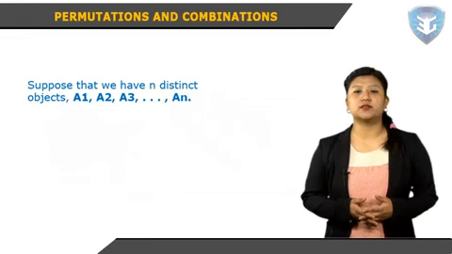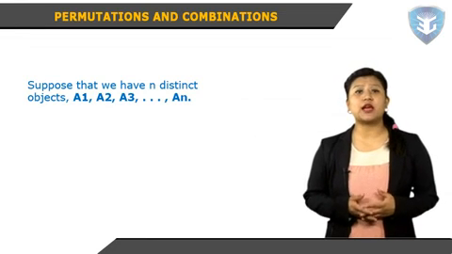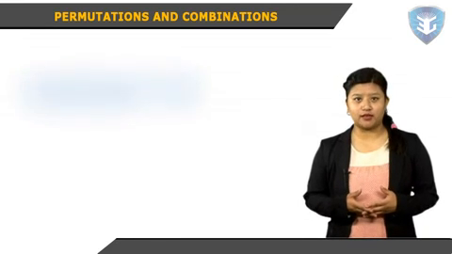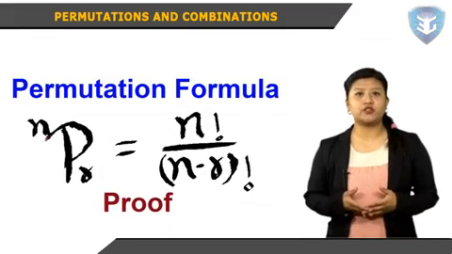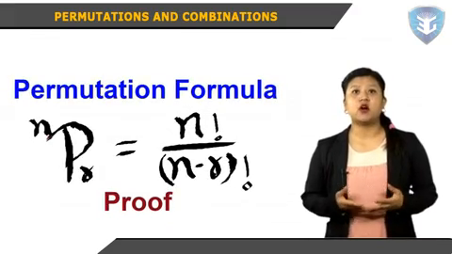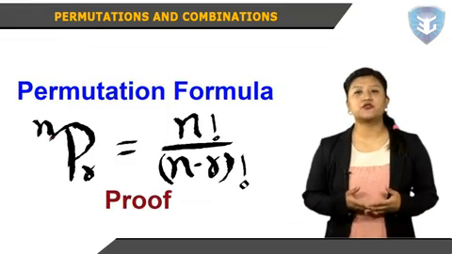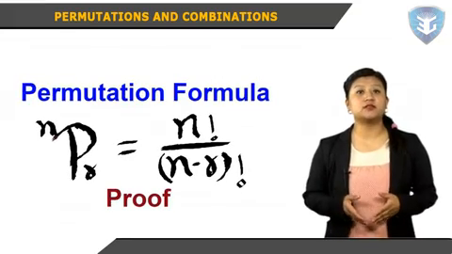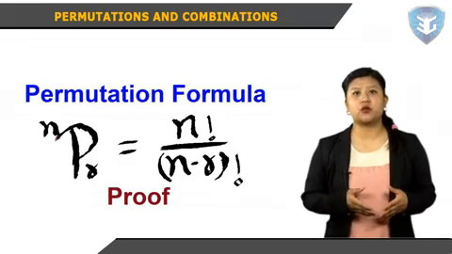Let's start with the concept of permutations and combinations. Suppose that we have n distinct objects a1, a2, a3, and so on till an. The objects might be different fruits such as an apple, a pear, an orange, a banana, and so on. In how many distinct ways can we rearrange our n distinct objects, say our fruits, in a line? One arrangement is orange, banana, pear, and apple. An alternative way of saying this is, in how many distinct ways can we permute the order of our n